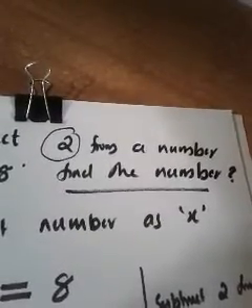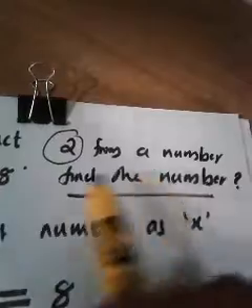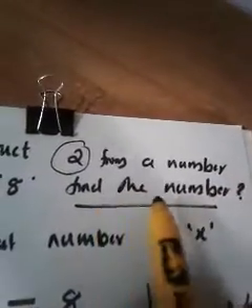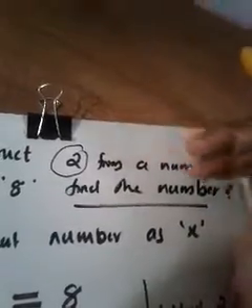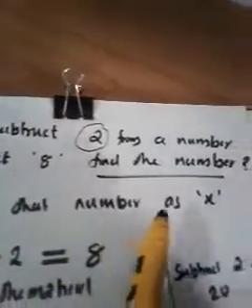But we cannot say it like that. We have to prove it mathematically. Find the number. So the number is unknown. Which is the unknown in the question? That unknown you can represent as x or y. So for the time being, let it be x. So what do I have to write? Let that number be x.